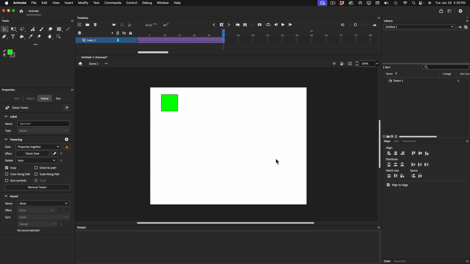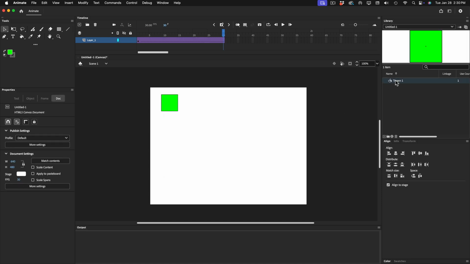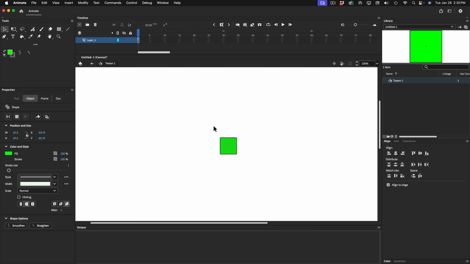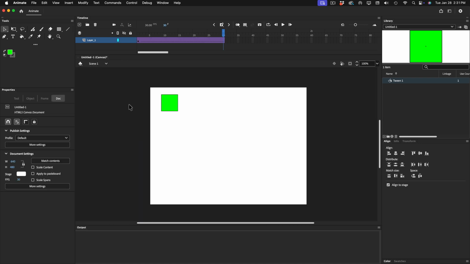We'll hit OK. And then it did those things. So now here in the library, if I click on here, you can see that there's my original artwork. So if I double click on this, I can select this to change the color or whatever. If I go back to the main work area, which is called the stage,